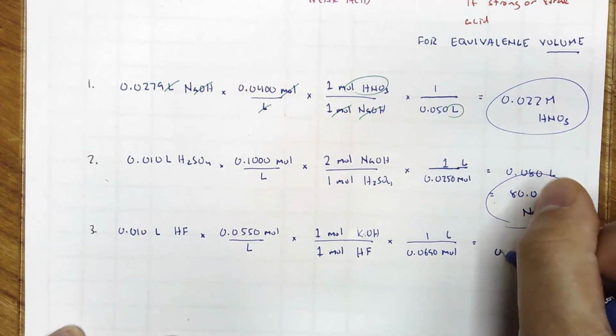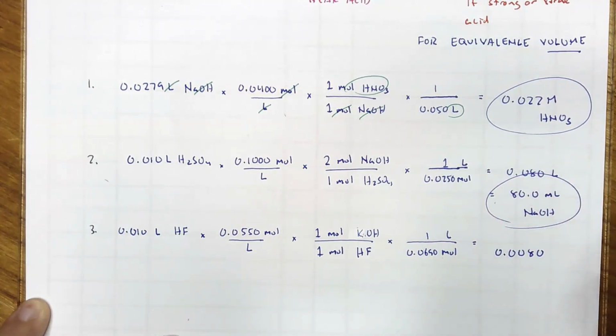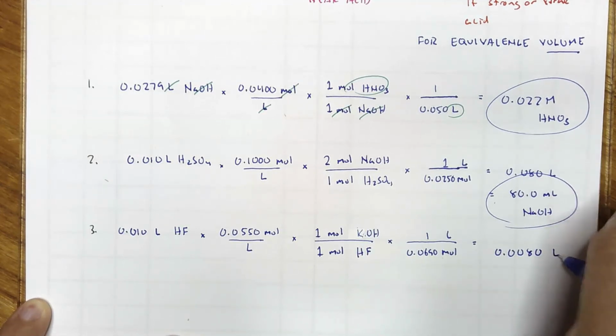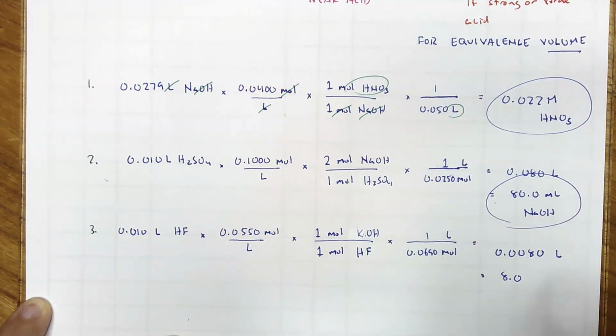Interesting, 0.0080, it's really 797, but we round, that's liters, and so that equals 8.0